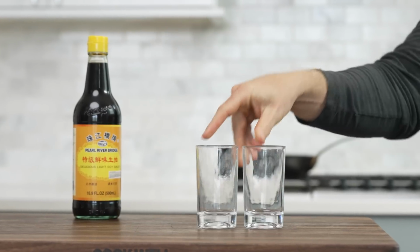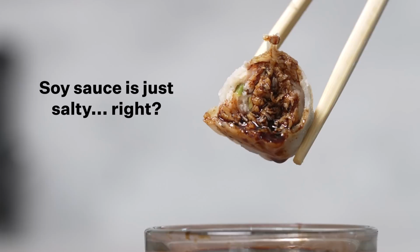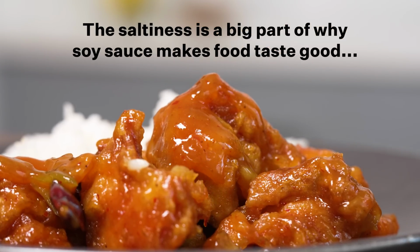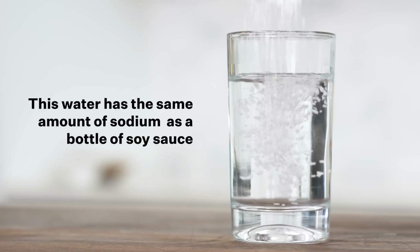When I first started cooking 15 or so years ago, I probably would have said, well, it's salty, obviously, which is why it tastes good. And that is a big part of it for sure, but that's not the full story. So if I plug my nose and take a sip of this salt water, which has the same amount of sodium as soy sauce,